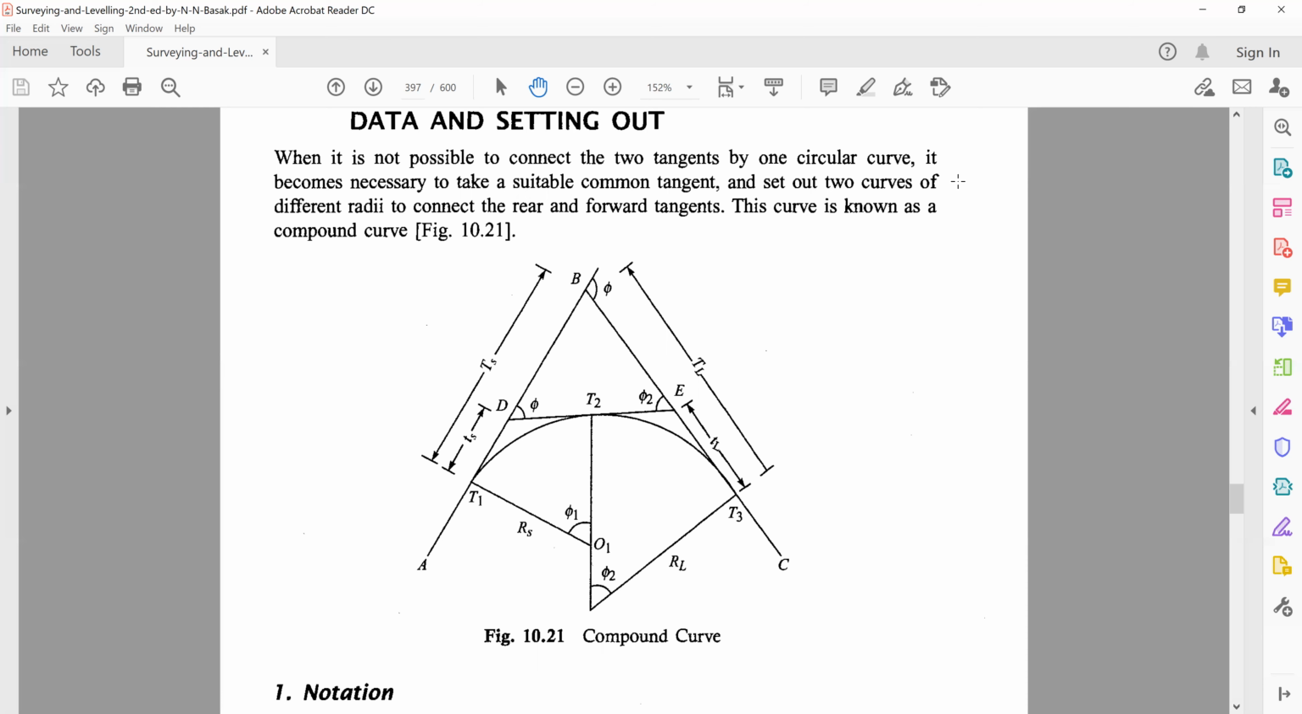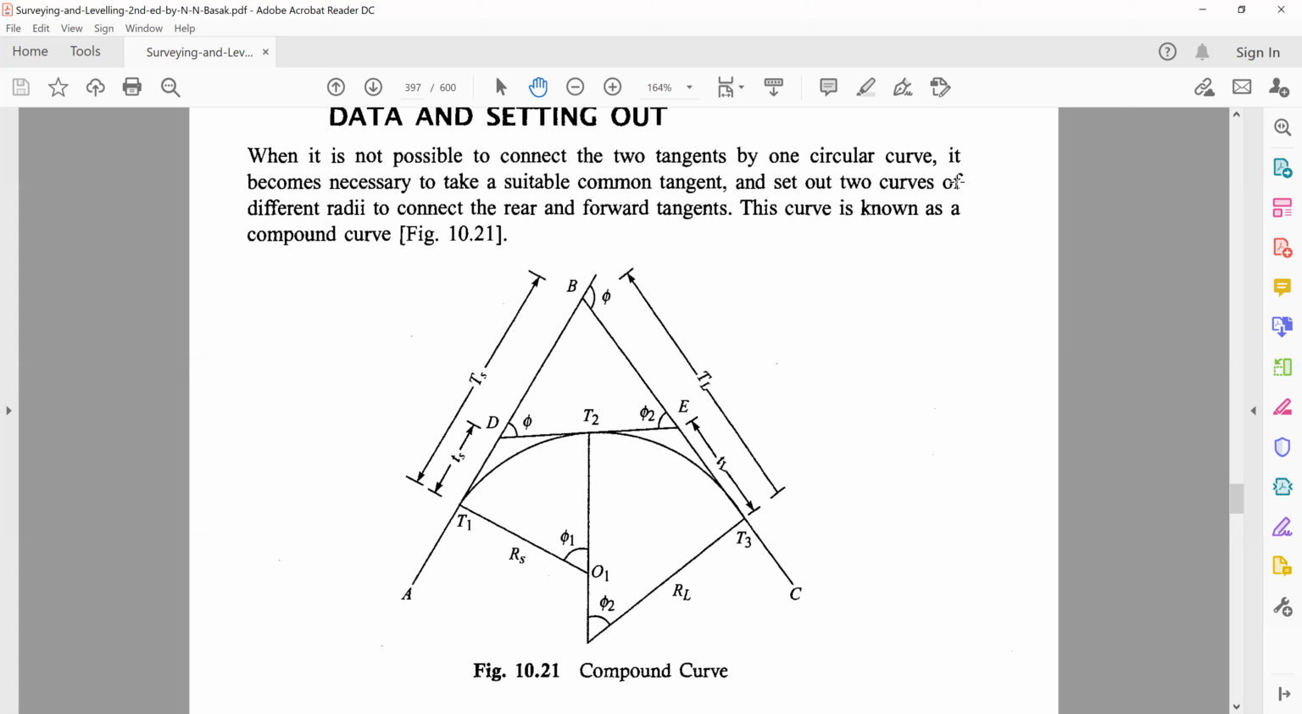Now, if you see this figure, we want to give a curve between these two lines. So AB is your direction of travel, and BC should be your direction of travel afterwards. Now, like before, these are two lines which are intersecting at the point B. Had there been no curve, and the angle of deflection, like before, is phi, and you want to join these two lines with a smooth curve, and the curve is starting at the point T1